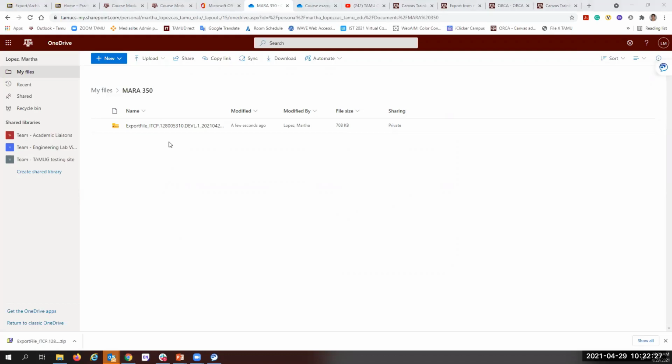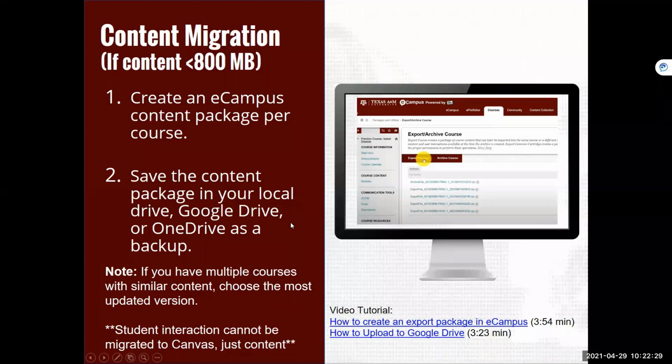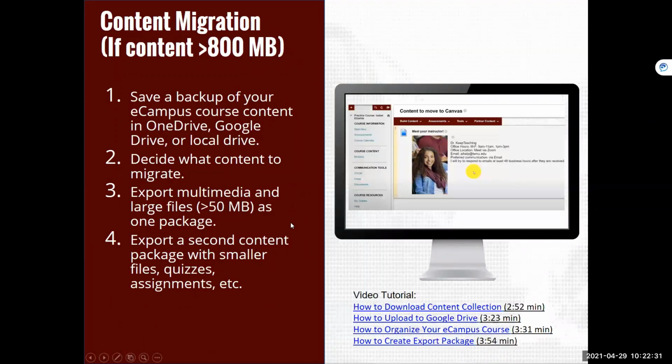But before we do that, let's go to the second scenario. What happens if your content has more than 800 megabytes? So what happened there? How can I migrate my content? Okay, so here are some recommendations, and you will find some video tutorials on how to do all these kinds of things. The first